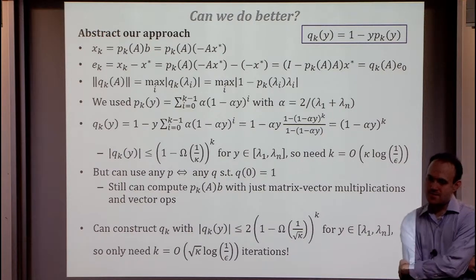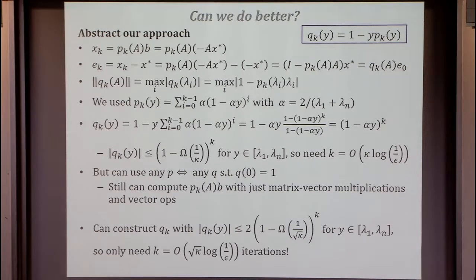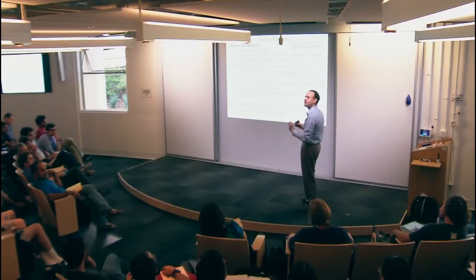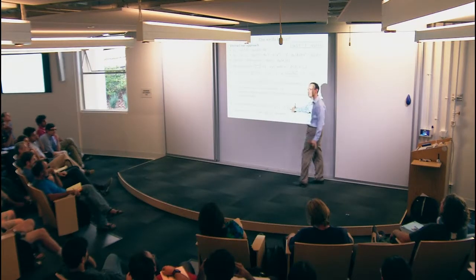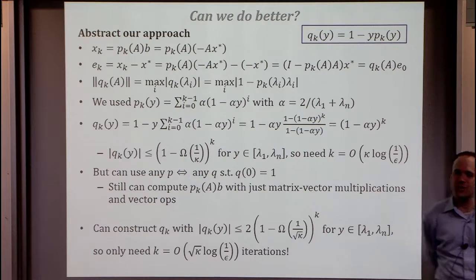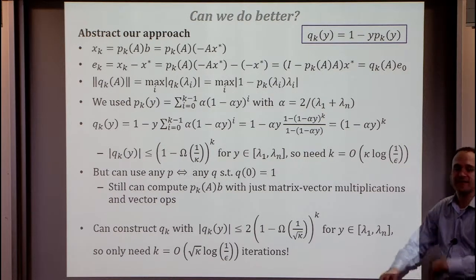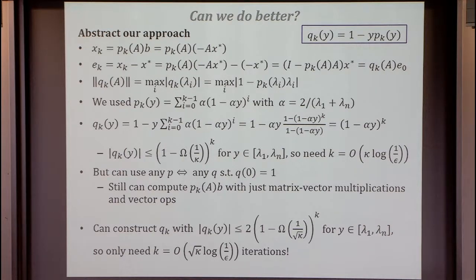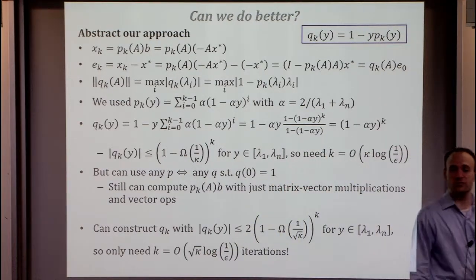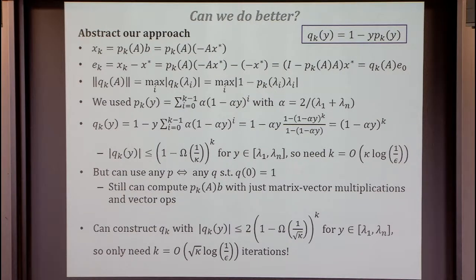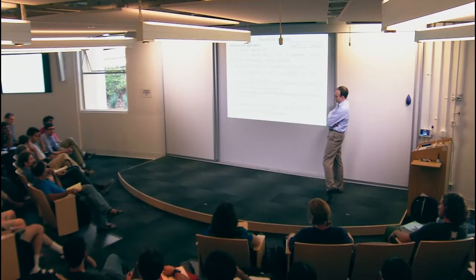Yeah, so the degree of q_k will be k. Sorry, q_k means the kth in whatever series I'm writing down. I guess there are k's and kappas that look too similar. Kappa is the condition number. k is the power. So q_k is the kth term, and what we're going to show here is how to get a degree k polynomial that is much better than the Taylor series. So we'll only need degree growing with √κ instead of κ. The square root of the condition number is the running time. Does that make sense? Questions? Your iterations are always linear, but they only increase the degree by 1 at most.